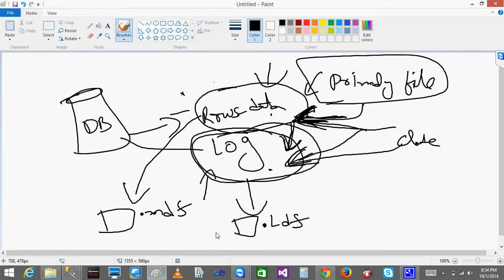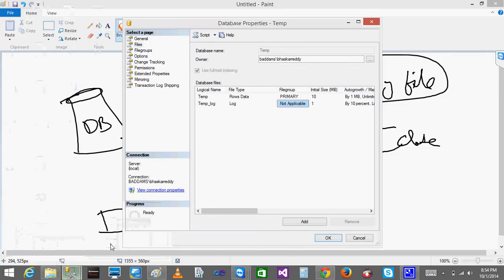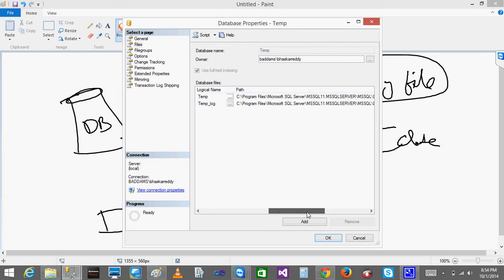Okay, now we can see step by step. See, I have created the file. What is the database name? When I go to the end, you can see my file names temp.mdf, temp_log.ldf. .mdf is the main file, .ldf is the log file. Always your data will be stored in the MDF, and this LDF will be only used to track the changes or whatever things you do on the database. All those events will be captured in this log LDF.